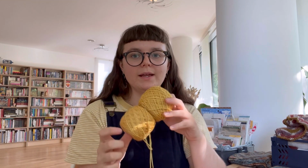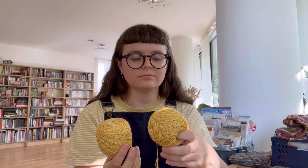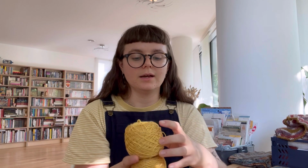Because I only have 2 skeins of the main colour, I wanted to knit the sleeves first so I could work out how long I could make the body. I think I've got quite a lot here. My weighing scale's broke, so I can't weigh how much I have, but I think this is maybe 50 grams, which I think is plenty to finish the sleeve, and then I'll add as much as I can to the body, and then I will